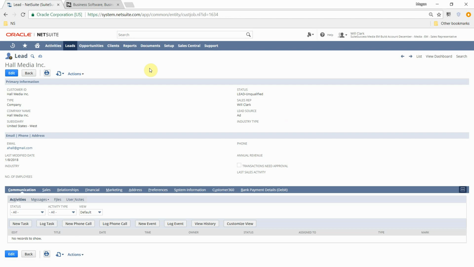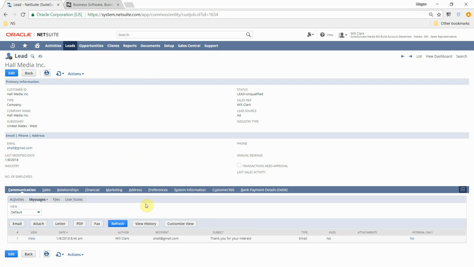I didn't have to manually key in or do any manual data entry in the system. And I can see under my messages, I've already proactively sent an automated response out to this customer, thanking them for their interest and letting them know that someone would reach out to them shortly. As Will Clark, the sales rep, I can go ahead and proactively follow up with an additional email,